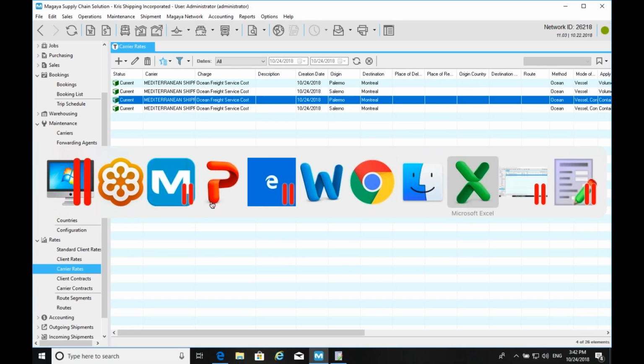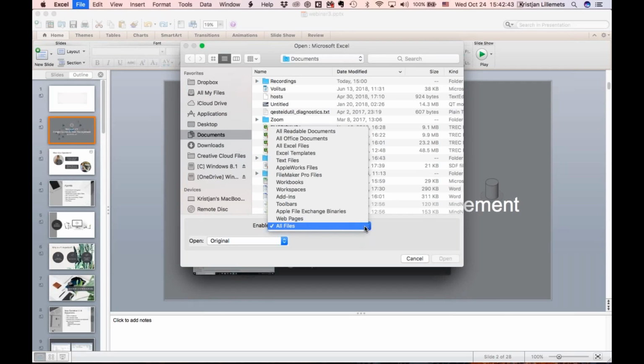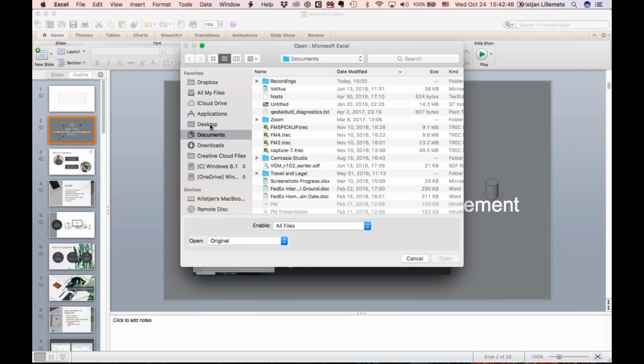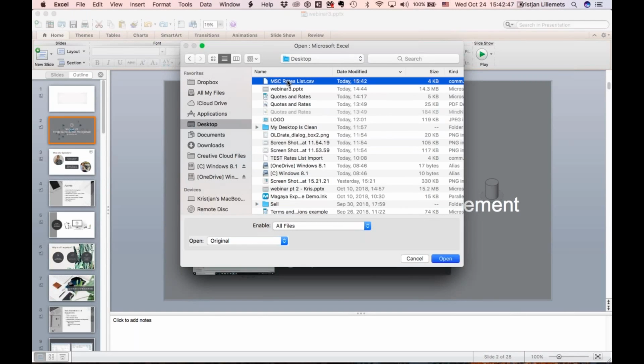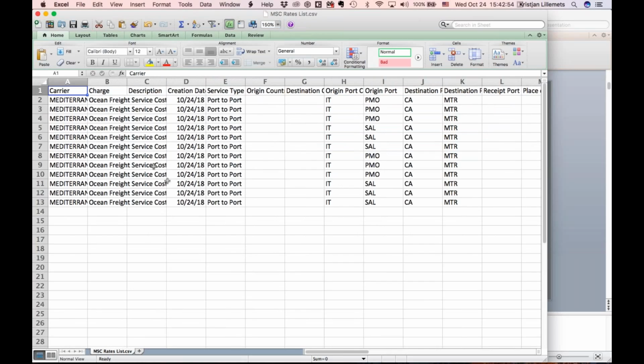Okay, so now if I open this file in Excel, see all files, and okay, so this is, let me zoom this a little, it's probably hard to see. So this is how it comes out of Magaya, and this is a very good point to start now taking your carrier's rate file and trying to see how they could be matched.